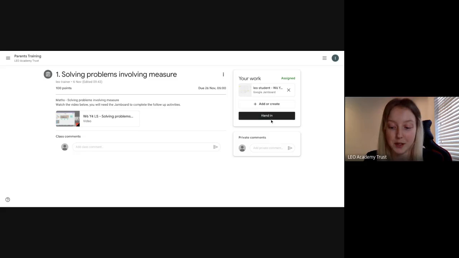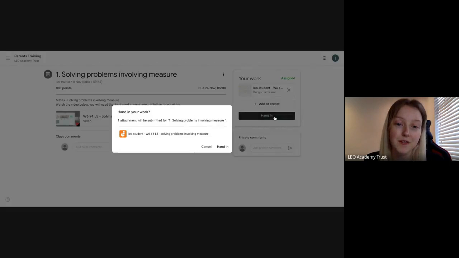And I'll show you a little bit about how to access those in a moment. It's also worth saying there is a private comments section as well. So if your child wanted to ask the teacher a specific question about that assignment, or maybe they had difficulty completing it, this is where they would go in, and that private comment is only visible by the teachers of that class. So when I tap on hand in for this assignment, it'll give me that prompt to